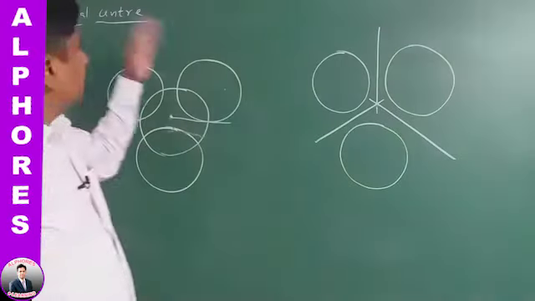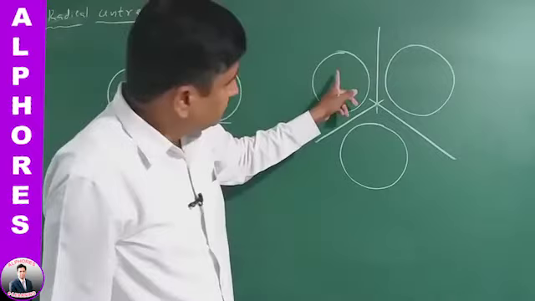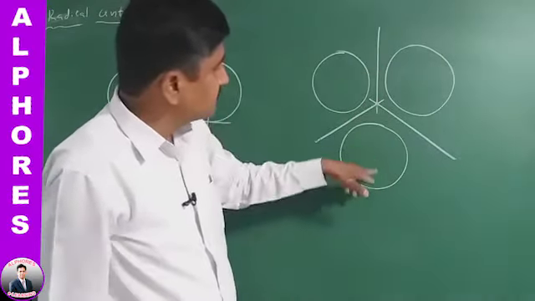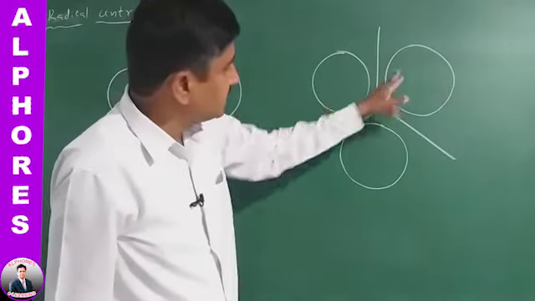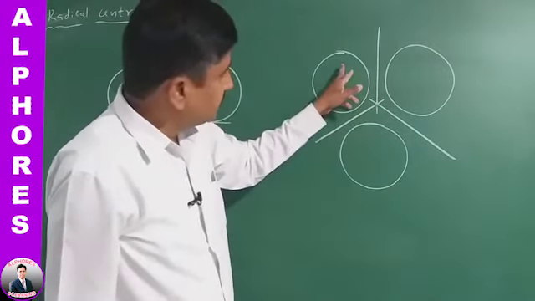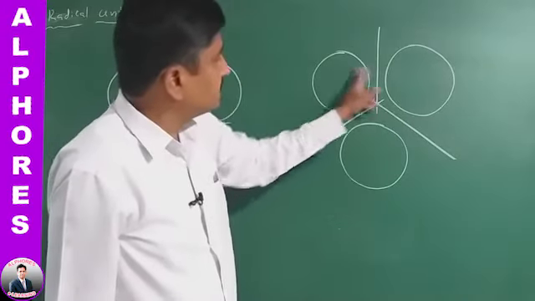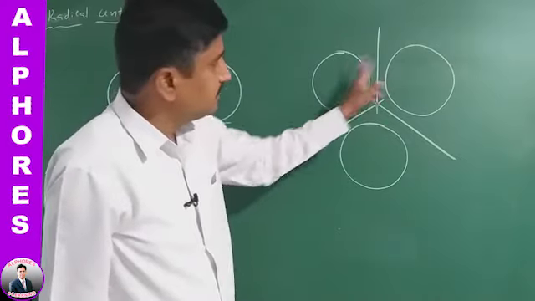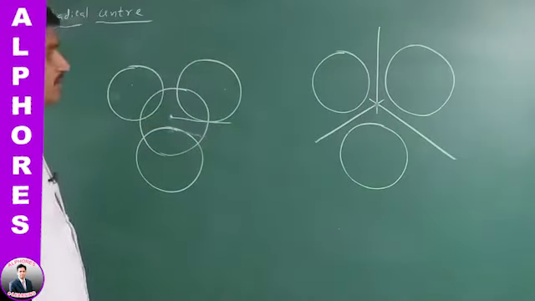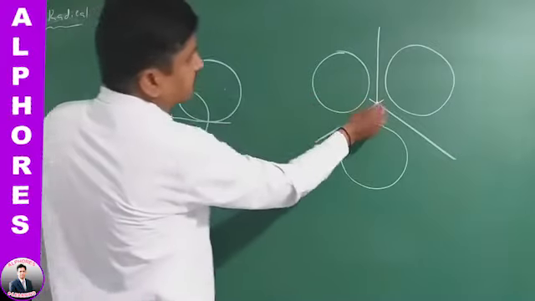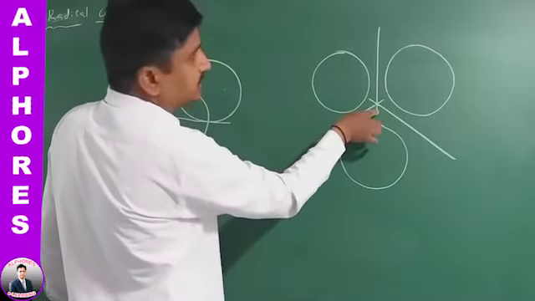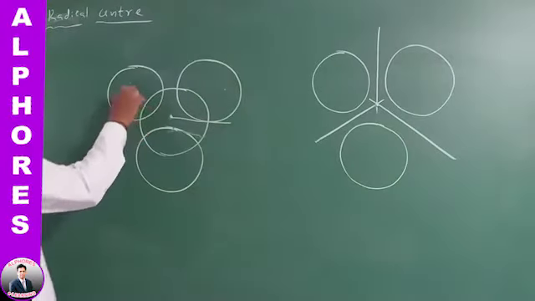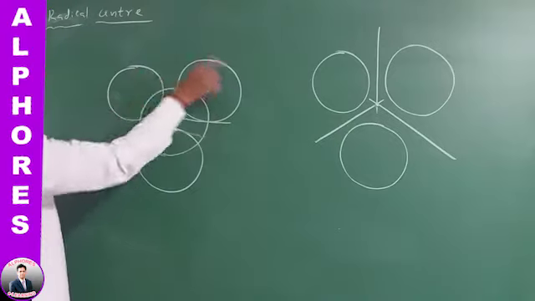Here these three are given circles. The point of intersection of the radical axes of three circles, taken in pairs and whose centers are not collinear, is called the radical center of the three circles. This point in this diagram is the radical center, and the lengths of the tangents from the radical center to any of the three circles are equal. Next, observe this diagram. These three are given circles.